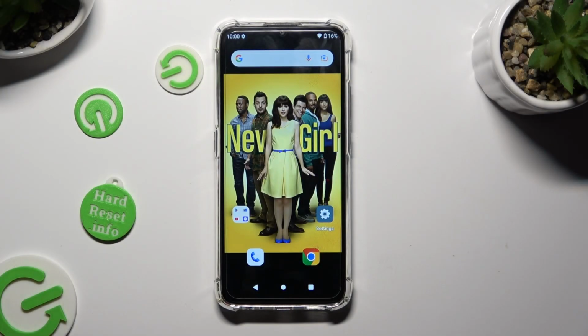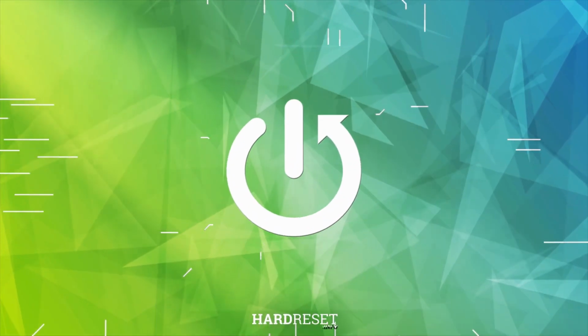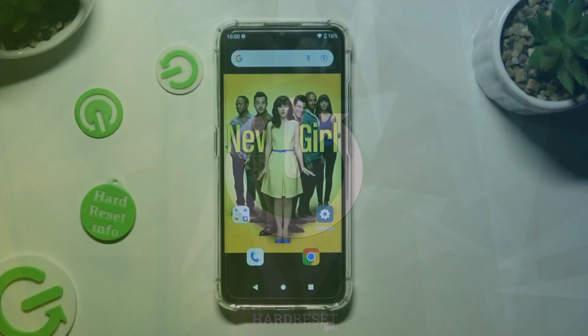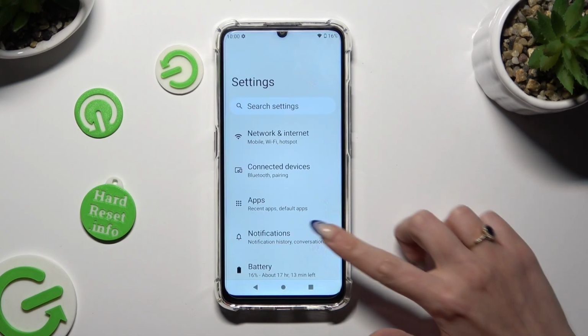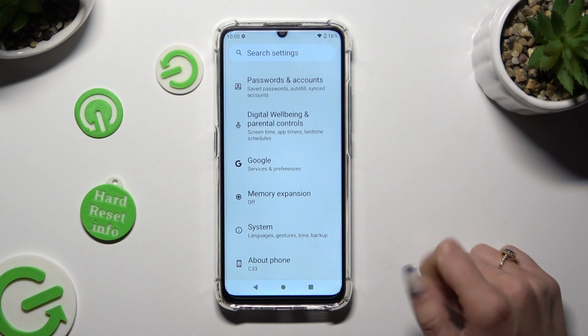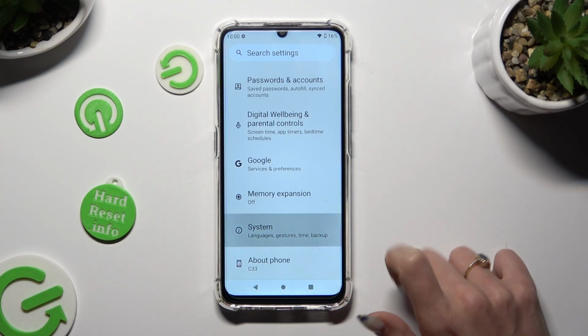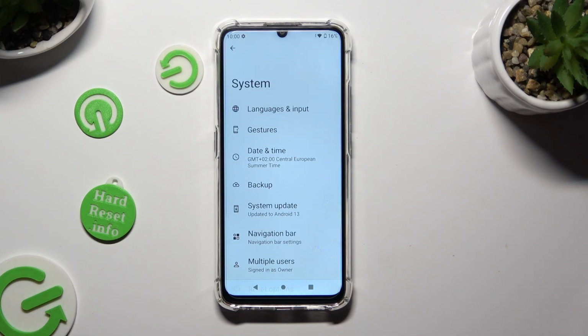In front of me is Oukitel C33, and today I would like to show you how you can locate all text correction options. You need to begin by going into Devices Settings and scrolling all the way down to Access System. Then select Languages and Input,